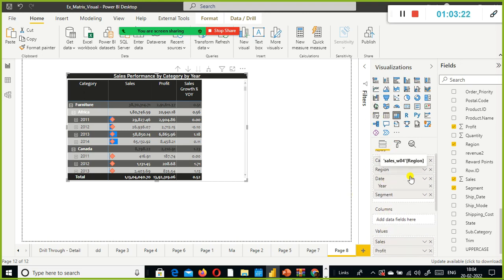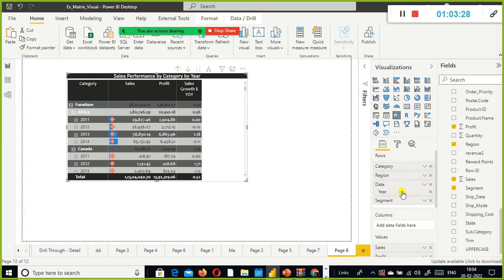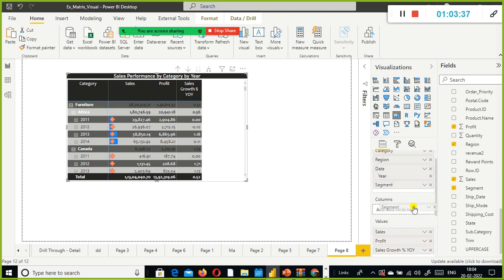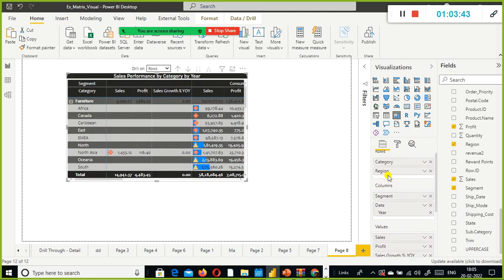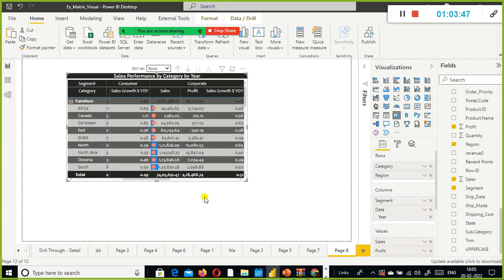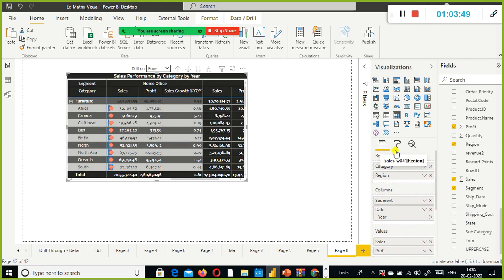Since I converted this one to a clustered column chart, it just got shifted somewhere. Earlier, the columns, year and segment were here. The category, region, I just remove this one now.